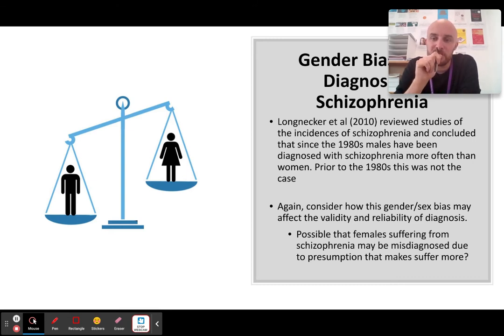So Longnecker reviewed studies of schizophrenia and concluded that since the 80s, the rate with which males have been getting diagnosed has been growing a lot quicker than females. So the basic of this is there a chance that if a female goes with hallucinations or delusions, they may get misdiagnosed because the doctor thinks, women don't get schizophrenia that much. Therefore, it must be something else. It must be schizoaffective disorder. Maybe it's bipolar, for example. Is there a chance they are going to actually